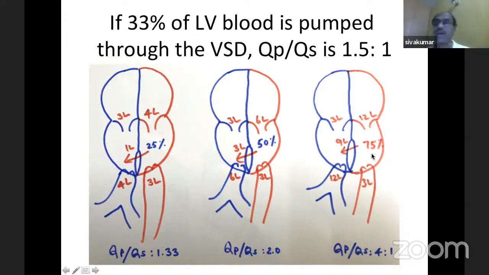So remember, more than 75% of the blood cannot be shunted. Then there will not be anything effectively going into the aorta. So QP by QS values of more than 4:1 are unphysiological. It cannot happen in real life. And so if you are getting a QP by QS of 6:1 or 7:1, it is due to a fallacy in the methods of our calculation rather than truly 6 times the blood going into the lungs in the body. It cannot happen in the human body.